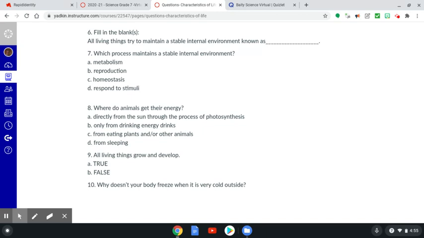We're kind of magnificent beings who have all these built-in controls. So when it's very cold, we actually shiver. And that comes from an internal response, and that allows our core temperature or our inside temperature to elevate. And this is through the process of homeostasis. Okay, so that was yesterday's questions.